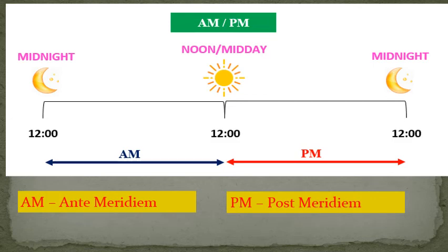There are 24 hours in a day. The hour hand takes 2 rounds of a clock in one day. When it is 12 o'clock at night, it is called midnight. Time from 12 o'clock at night to 12 noon next day is AM. When it is 12 o'clock during the day, it is called noon. Time after noon till midnight is PM. The full form of AM is ante-meridiem. The full form of PM is post-meridiem.